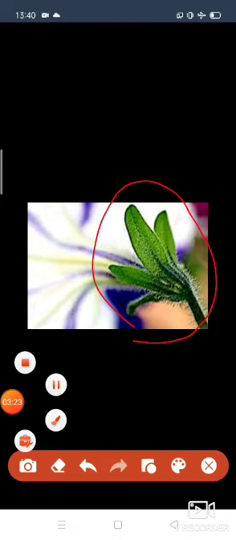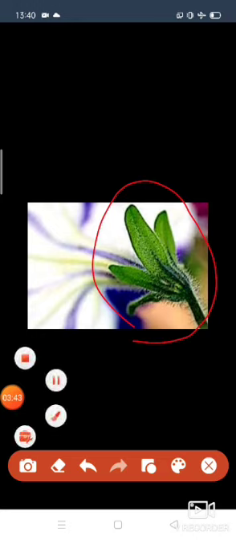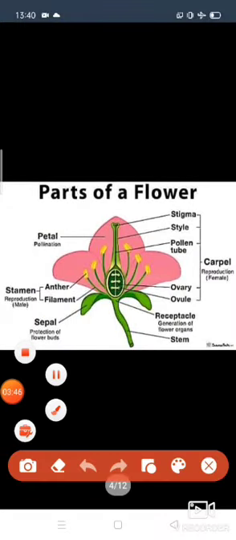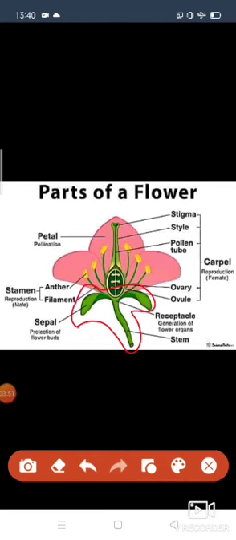These sepals help a bud become a flower before it blooms. It protects from drying, cold and other damages that come from the environment. Okay, so these sepals protect the flower bud. That's it. Look here, children, this green leafy part, as I show you, is called the sepal, the protection of flower buds. It protects the flower buds from damages.